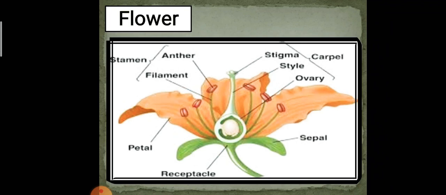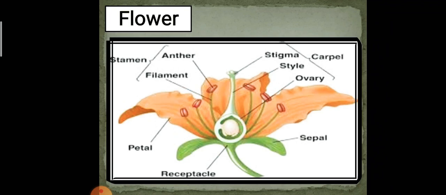That flower is produced at a reproductive stage. So in a typical plant, at a particular time period, a flower will be produced, and when a flower is produced, that indicates a reproductive part. So the sexual reproductive part, a typical flower, consists of four whorls. It means it consists of four nodes and three internodes.